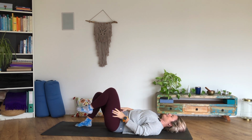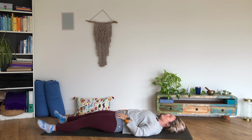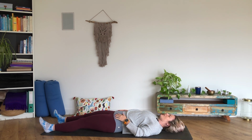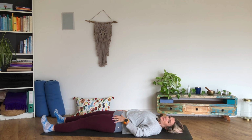And then release. Again, if it's comfortable through the lower back, I want you to stretch both of the legs out. Take some space between the feet and drop the toes out to either side. And then just gently start to rotate. So you roll the toes in towards one another and back out. So you're getting that rotation through the ankle,